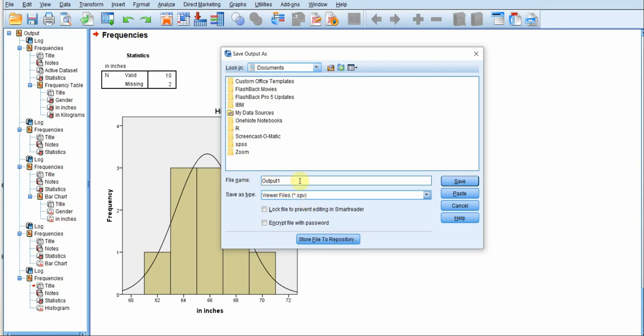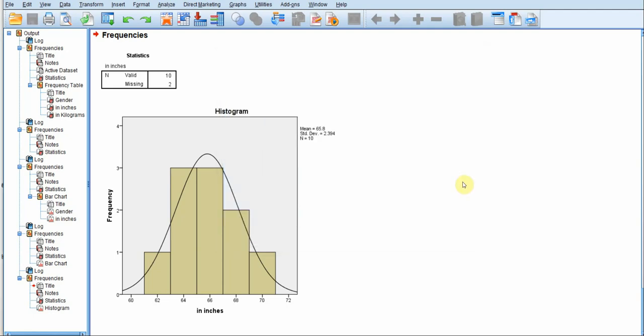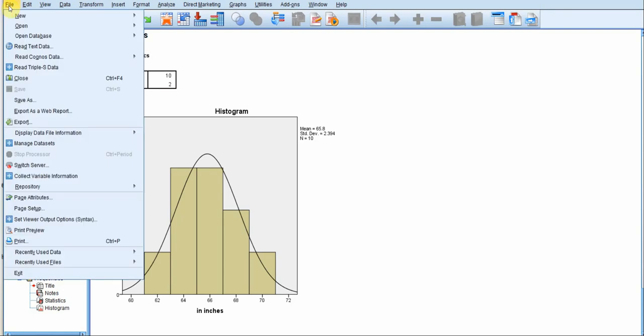You can name the file as output 1. I'm going to save it in my pen drive. So output 1 and then click on save. So this is how you can save the outputs that you generate in your SPSS.